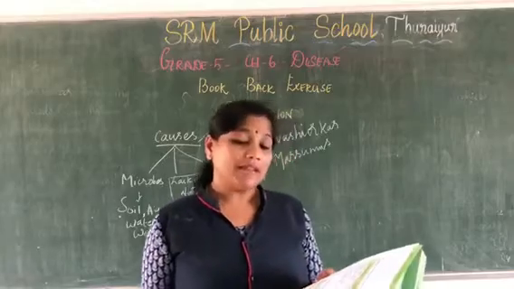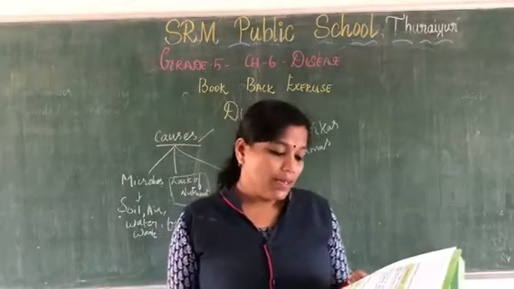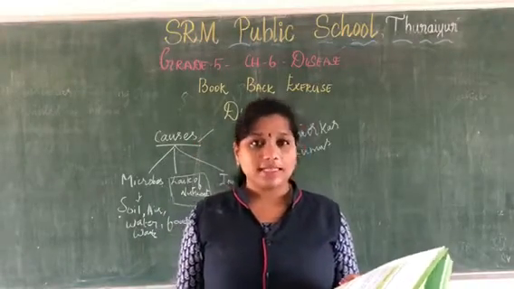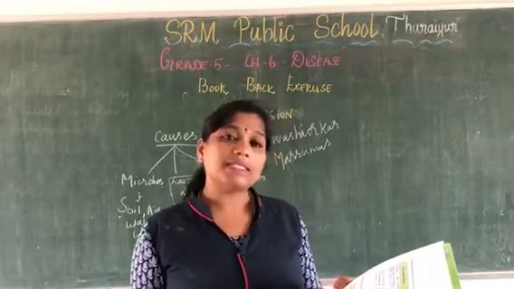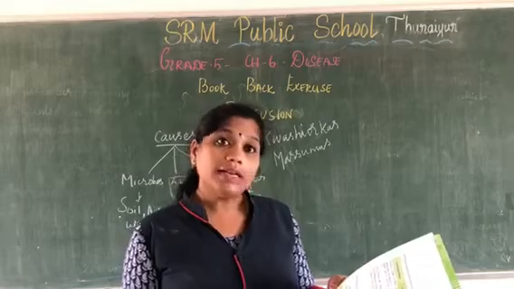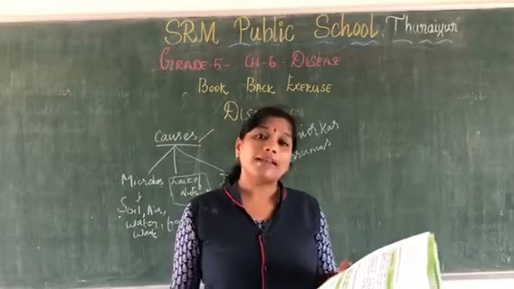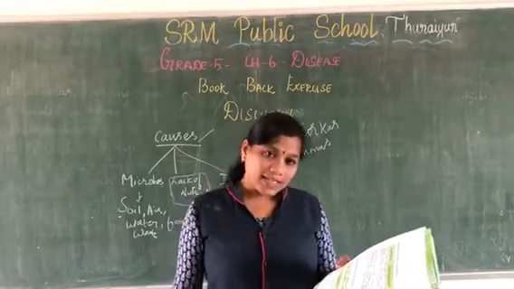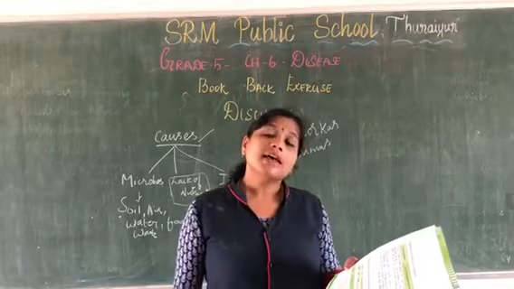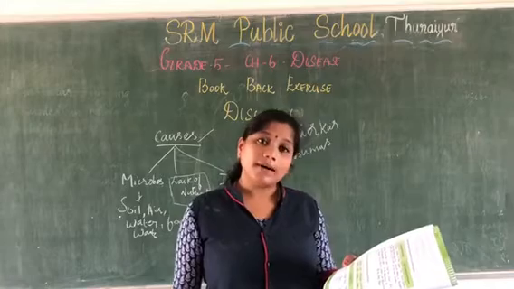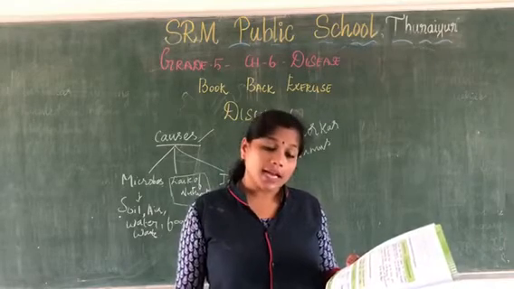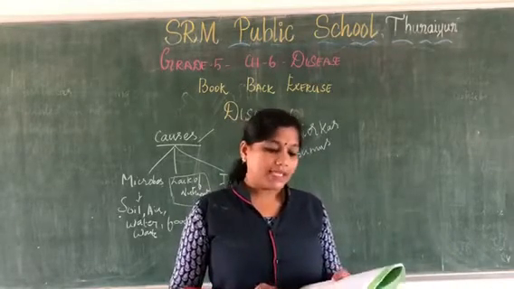Next, you have been given a table over here. You need to write which is the causative agent. They have given you many diseases like tuberculosis, mumps, sleeping sickness, common cold, typhoid, polio, cholera, measles. So bacteria cause tuberculosis, typhoid, cholera. Virus causes common cold, mumps, polio. Protozoa cause malaria, sleeping sickness.